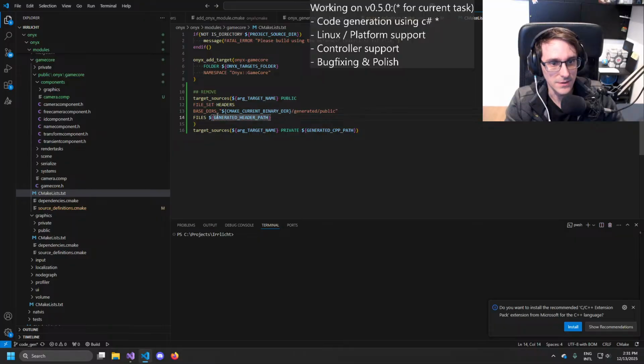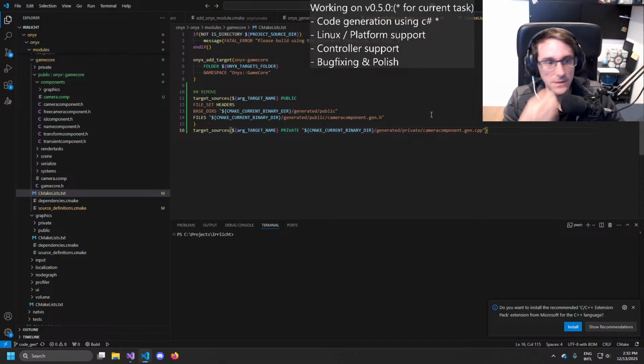So that, and then that would be slash camera component gen.h and private .cpp. And then